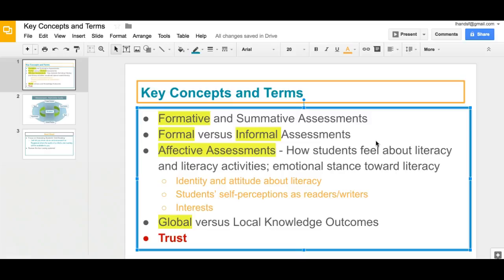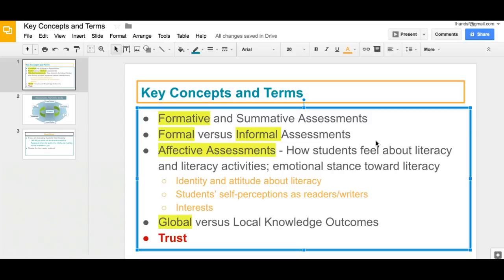I also wanted to talk briefly about global versus local knowledge outcomes. In the reading you did just prior to Thanksgiving, you learned about the affective assessments as well as global versus local knowledge outcomes. In 209 and with Patricia's students, we're going to be focusing primarily on global knowledge outcomes. I'm not going to go over those terms now, but if you can't remember what I'm talking about, go back to the beginning of that reading from the Thursday before Thanksgiving and review, because that's pretty important. Local knowledge outcomes, we will be focusing a little bit on that, but not to the same